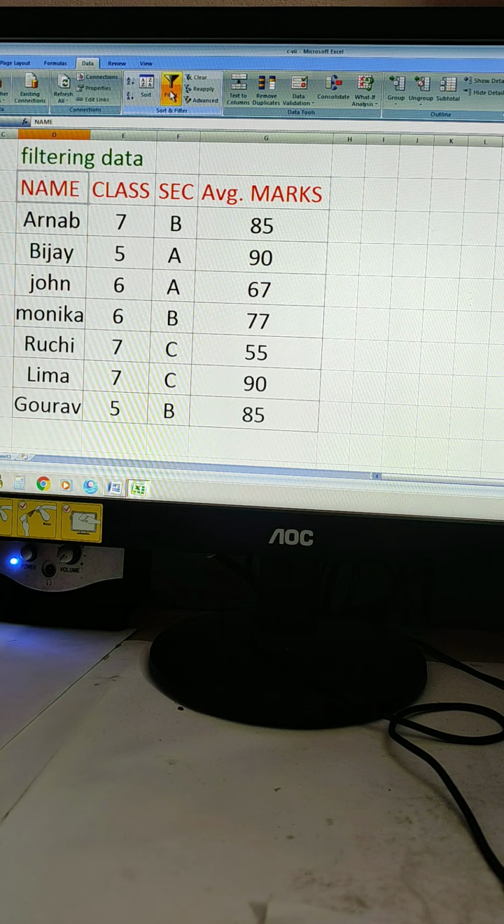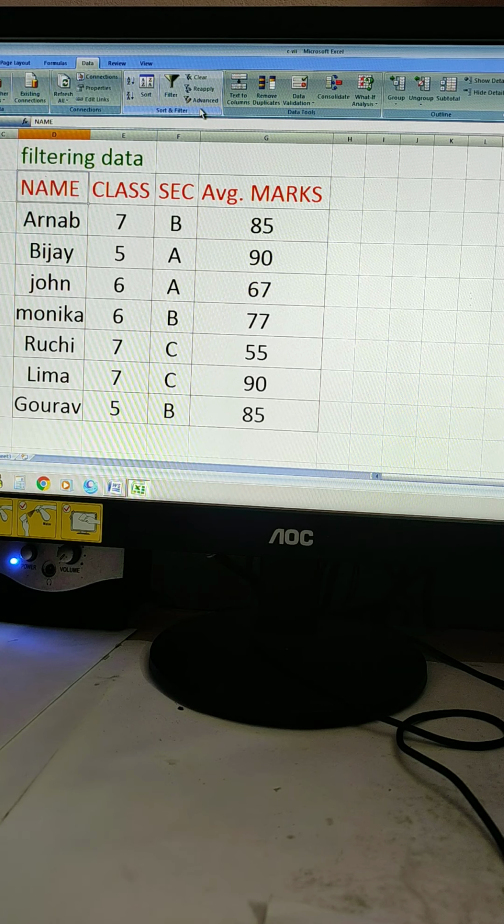Now you need to follow the steps to apply the auto filter onto the data. Click on data and filter, then you can do it for every column. Whatever you require, you can see. Okay, this is my practical online class, so watch this nicely. I think it is very easy, you can also solve it.